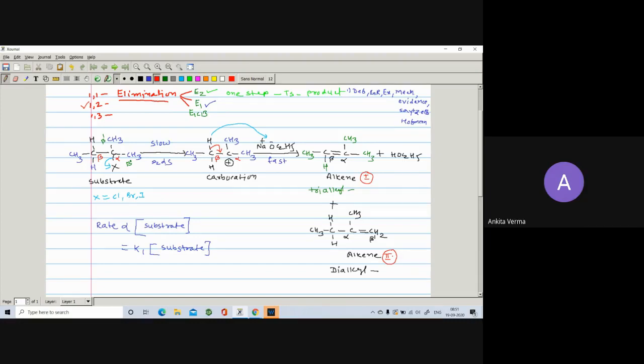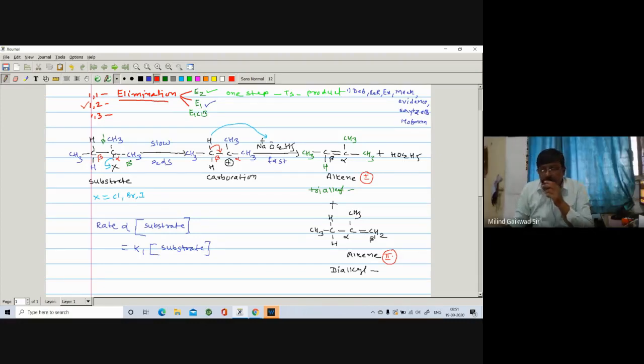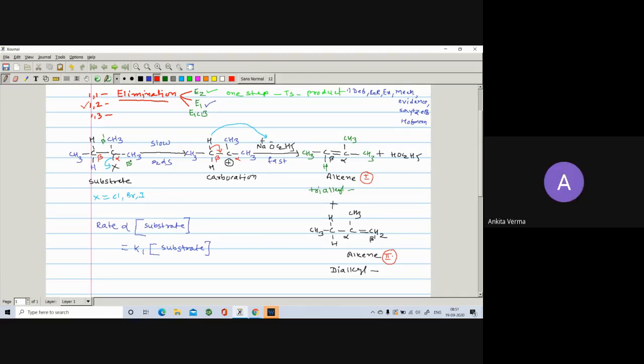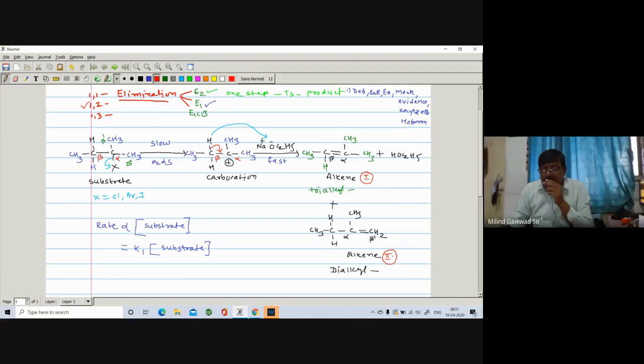Yes, sir. Okay. So is the major compound first or second? First, sir. Trialkyl, because there are three alkyl groups directly attached to the doubly bonded carbon atom. And second is a dialkyl, because only two R groups are directly attached to the doubly bonded carbon atom. So in this case, the first compound is the major. Why? Because the